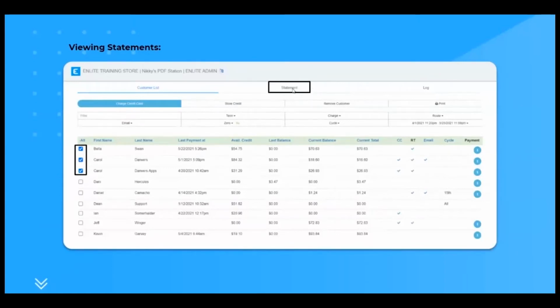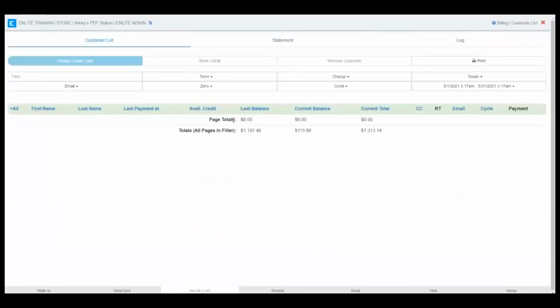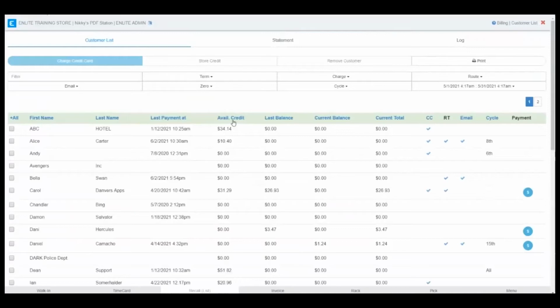All right. So now let me show you how it looks in the POS. So over here is the billing button. So here we are inside the billing module. There are several sections to this module and we will be tackling them in the next minutes, all right? So we will go over first with the billing fundamentals, which is basically getting the layout of this first tab, which is customer list. So this controls and displays the billing customer that you will be working with during your billing cycle. So we're going to start down here